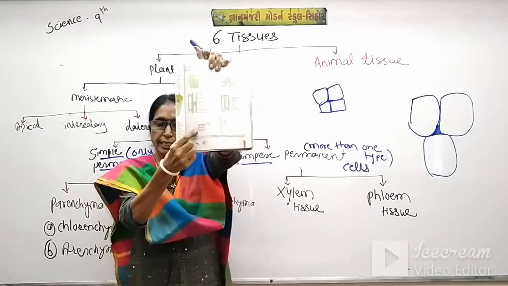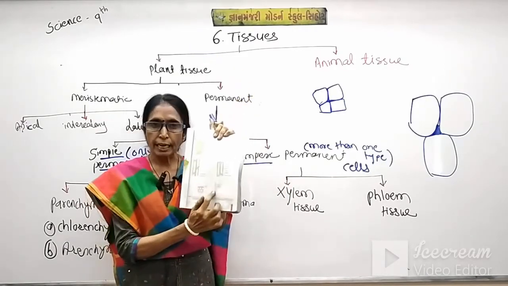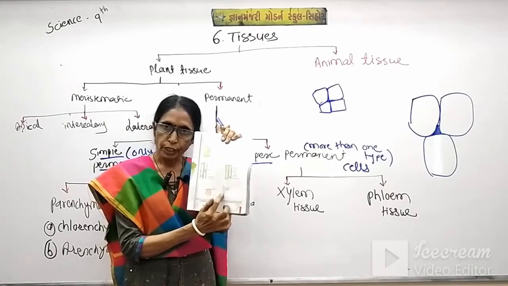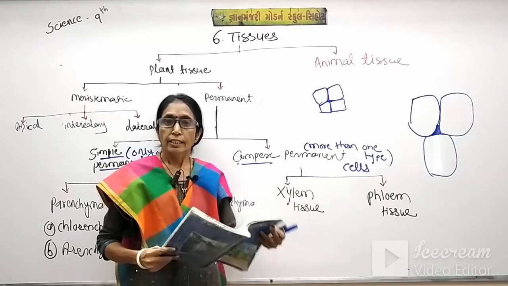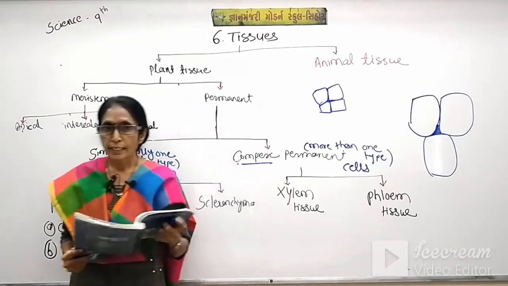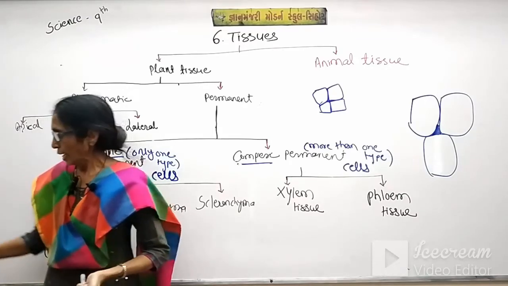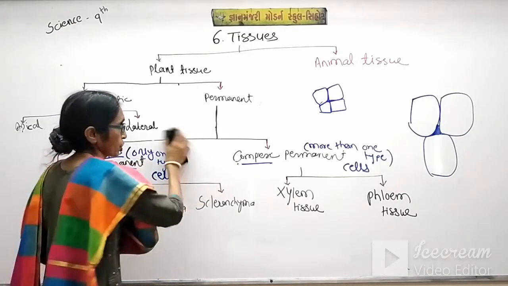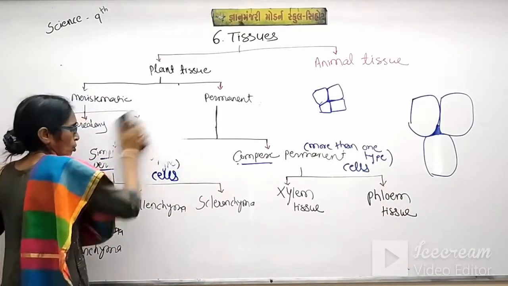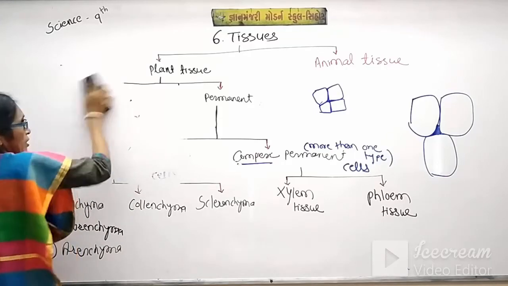This is the sclerenchyma transverse section and this is the sclerenchyma longitudinal section. So students, these are the 3 types of the plant tissues, their transverse sections and also their longitudinal sections. So always keep in mind these